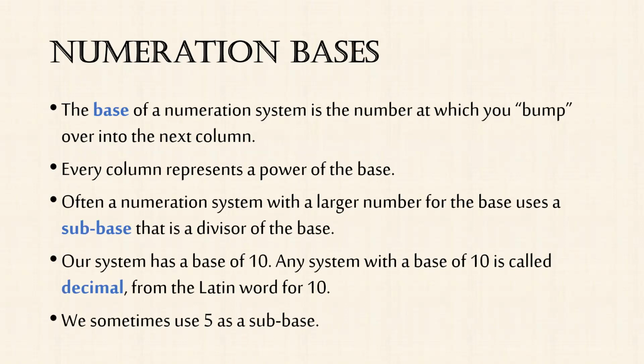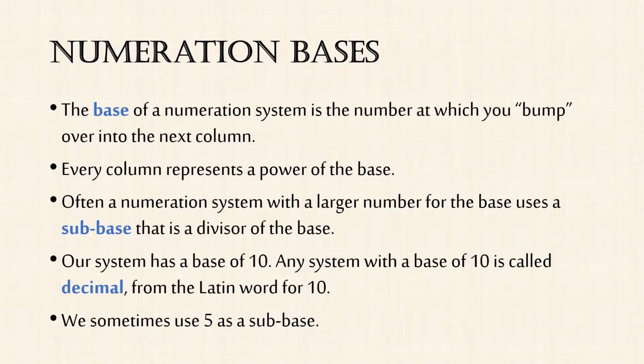So our system is a base 10 system. The base of a numeration system is that number where it bumps over into the next column. So we go up 0 through 9, but then the next number is 1, 0, right? It's 10. And then we go up to 19, and then we click that 10's column up 1. So our base is 10. Every column is going to represent a power of the base, and